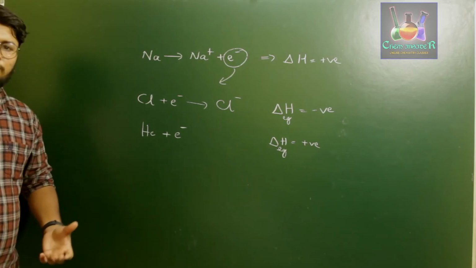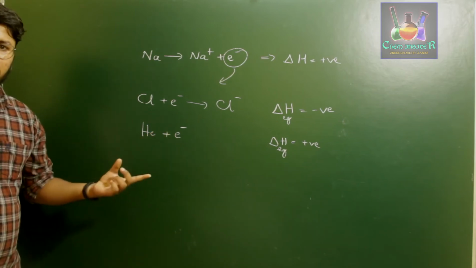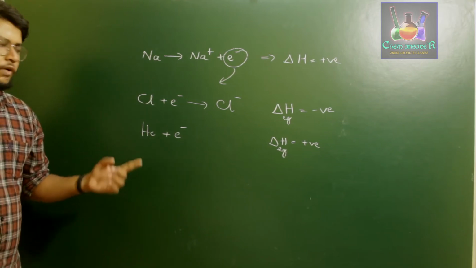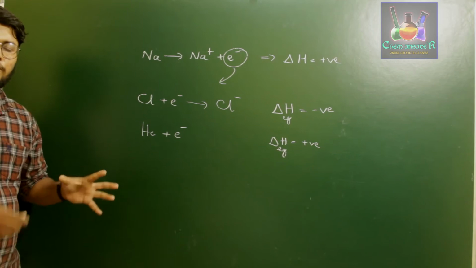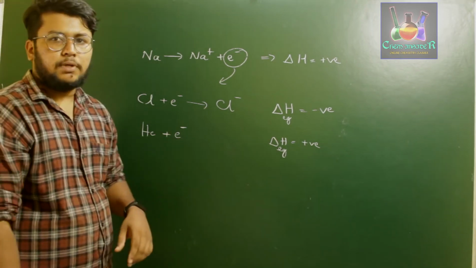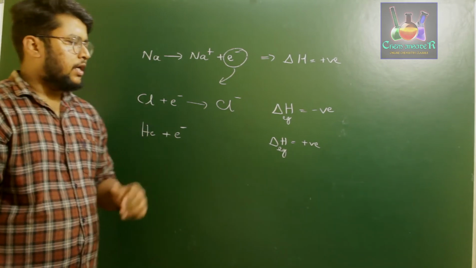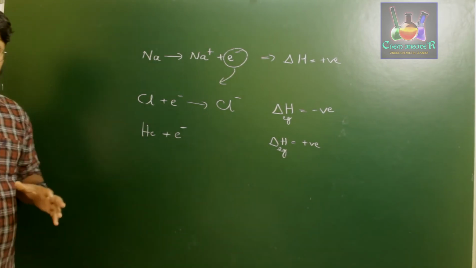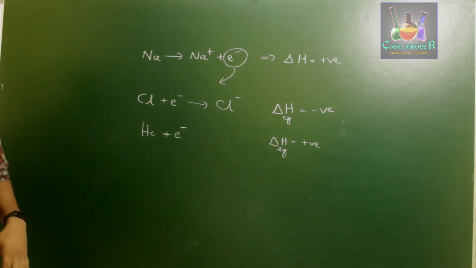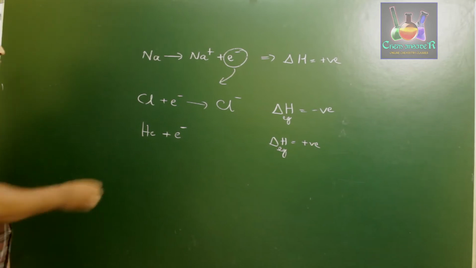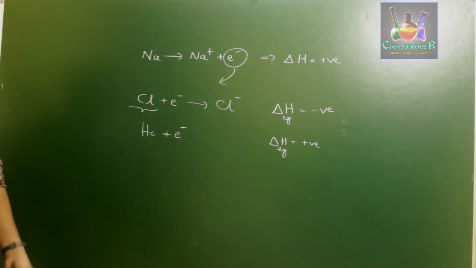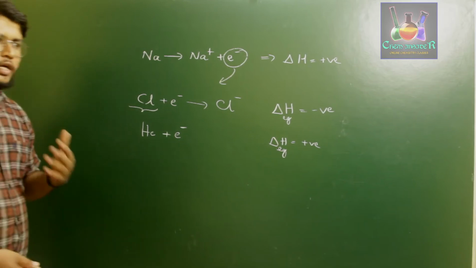In the case of helium, we are providing that electron to a new shell, because helium has only the K shell, but if we add one more electron, it will enter the L shell. Therefore we have to provide more energy for the L shell electron, and so delta H is a positive value. Clearly, whenever you add an electron to a system, it might be an exothermic reaction or an endothermic reaction, and it depends completely upon the neutral gaseous atom to which you are adding it.